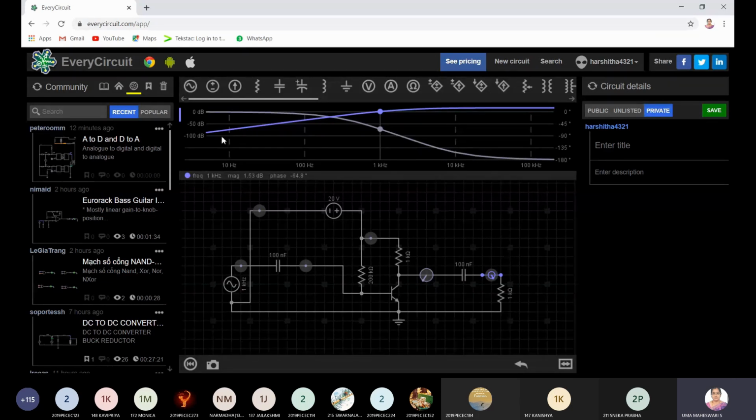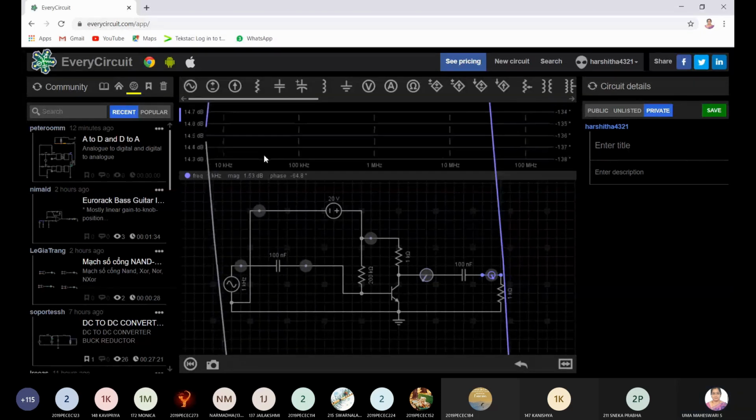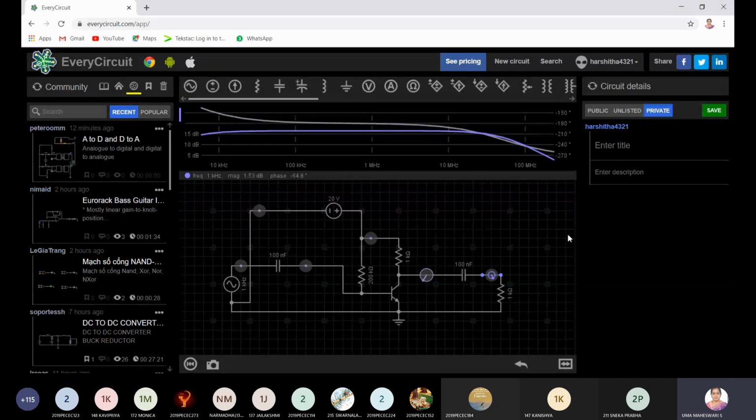Now, if you see, the waveform keeps on increasing like this, and it is becoming constant, and I'm not able to see the reduction in the voltage gain. Yes or no? I told you that when you take the frequency response graph, you will be having a midband region. In the lower frequency region, it will be like this. But in the higher frequency region also it is going to decrease. No, that means somewhere after 100 kilohertz only the gain is decreasing. So what you do is you adjust your x-axis in such a way that even my high frequency regions come. Now you are able to see the reduction in high frequency.